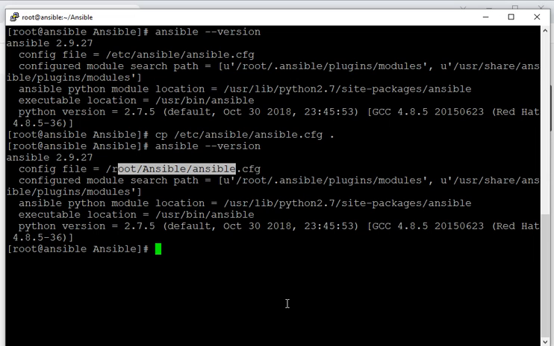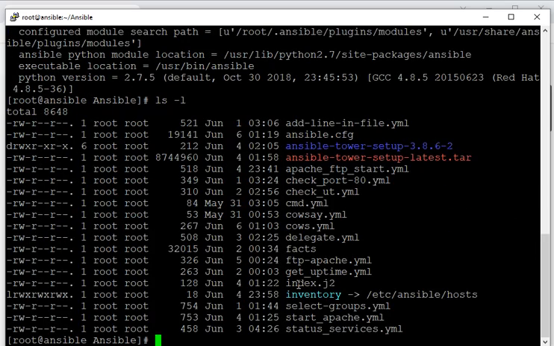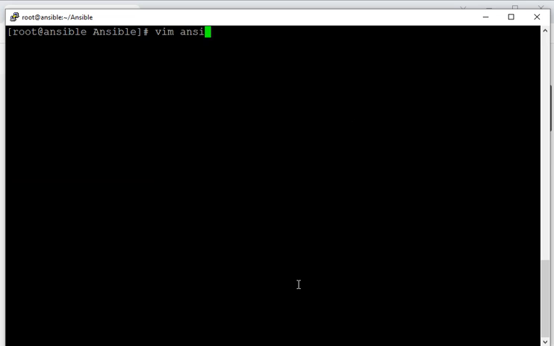So in your project, in your organization or development area, pay attention to this line, because you might keep wondering, hey, I did not enable or disable a particular configurable parameter in this file, but why is it taking that effect or not taking that effect? So this can tell you. Here we see a few items present in the current directory, but there can be hundreds of them, right? Now, as we have just copied this file in here,